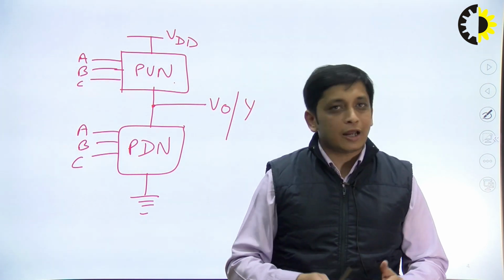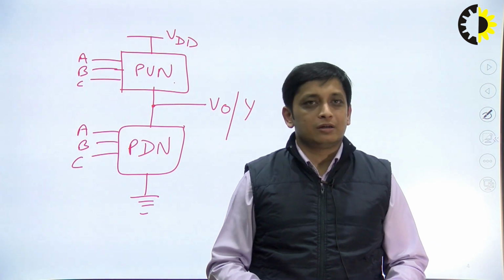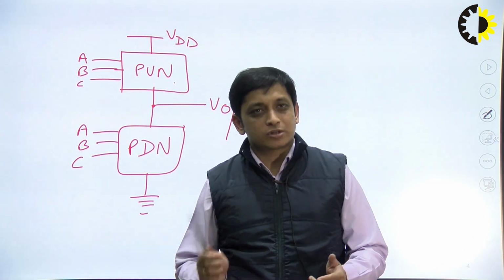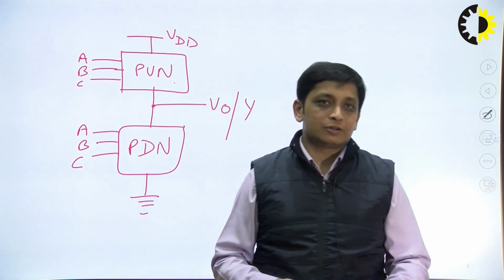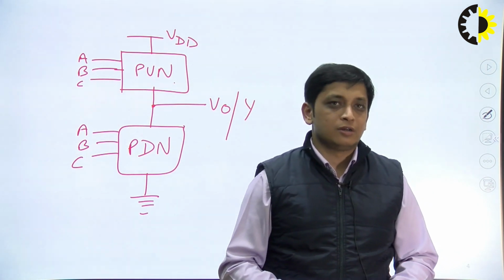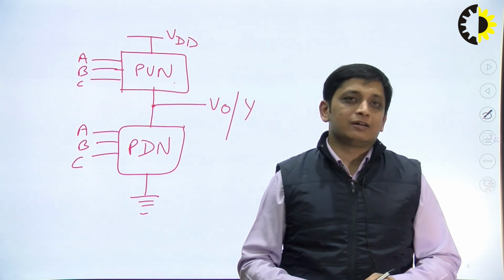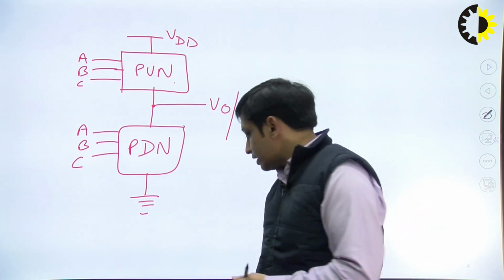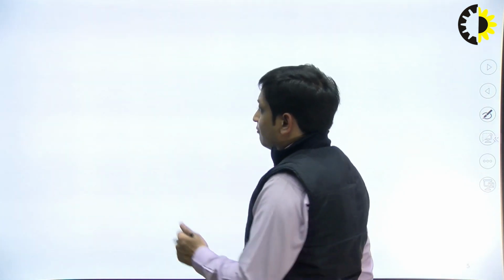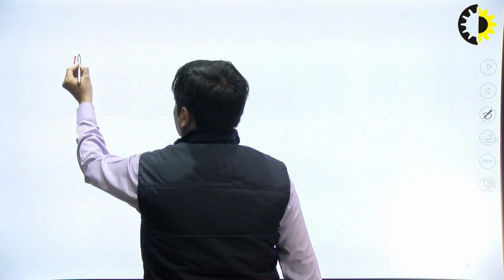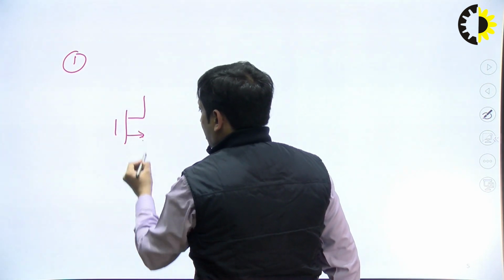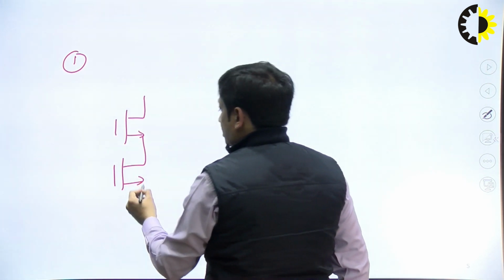So there can be 4 cases: NMOS transistors in series and parallel, 2 cases, and PMOS transistors in series and parallel, another 2 cases. From there we can understand when it will be connected in series and when in parallel. So if I take the first case where 2 NMOS transistors are in series,